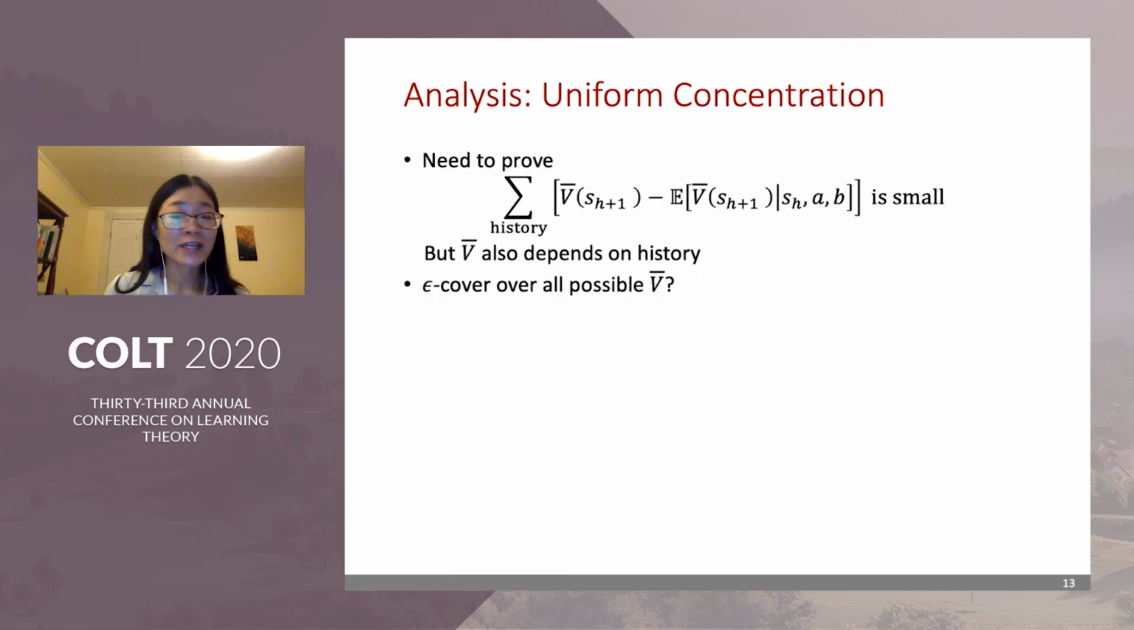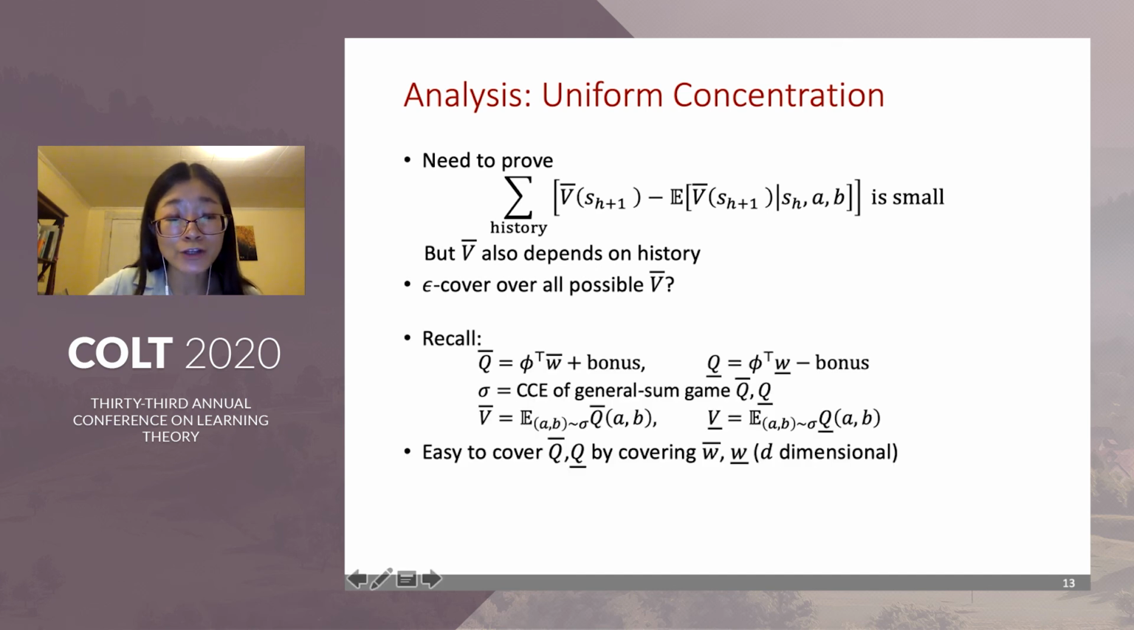As for the proof, here I just want to briefly discuss a key step in our analysis. In particular, we need to show that the value function estimate concentrates along its expectation. Now, recall that in our algorithm, the estimated Q function and value function depend on historical data. In order to show this, a standard approach is to use a coupling argument to establish a uniform concentration for all value functions. Now, recall in our algorithm, the value function is the CCE value of the general sum games with the Q